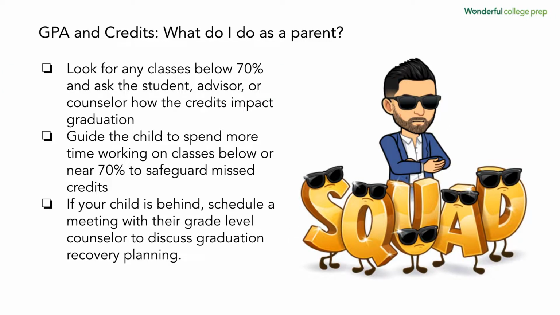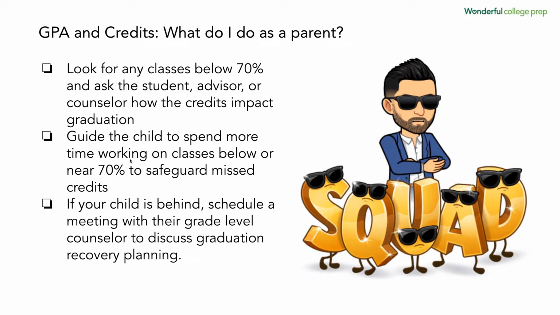So what do I need to do as a parent? First, when you get report cards back, look for anything below a 70%. And then that's when I would set up a meeting with the teacher, potentially their counselor. If it's a BC course, maybe talking to their college support teacher, as well as talking to the student about what might have happened over the course of that time that led to something being below 70%. Because if a student does not get the passing grade, they are not going to get the credits, and they have to accrue those credits every year to graduate on time.